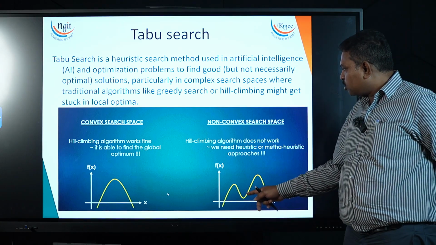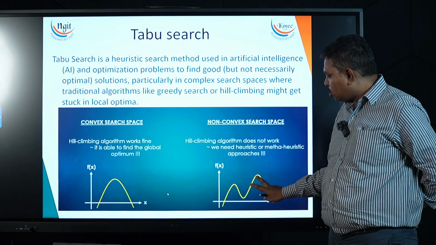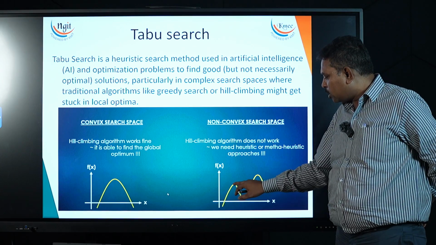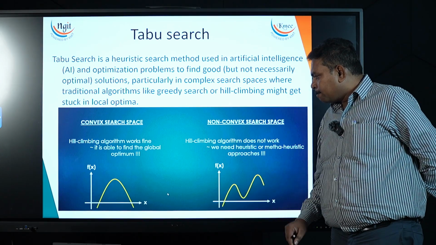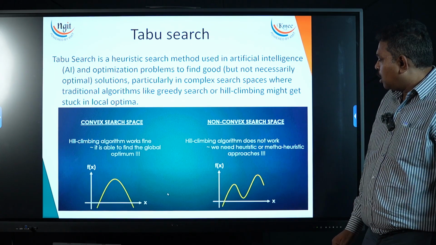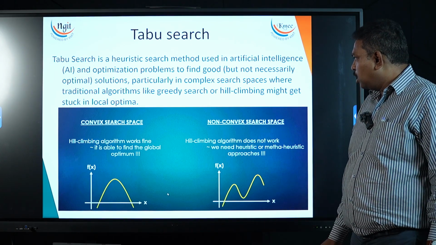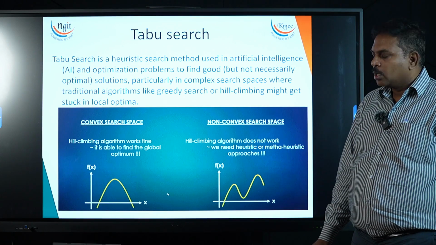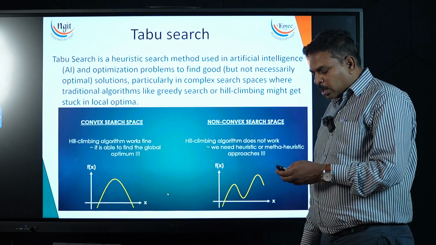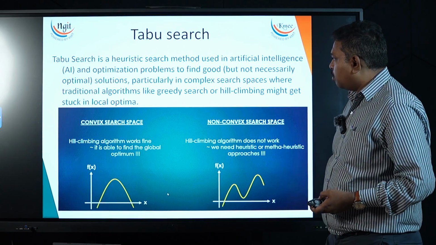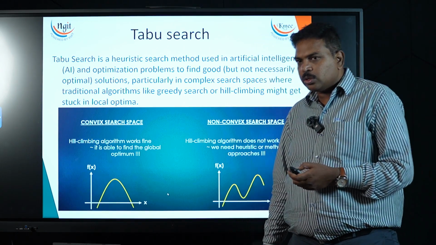But if it is a non-convex shape, there are two hills, where this is a global optima and this is a local optima, and if an algorithm gets stuck at a local optima, then we may not get the best solution in hill climbing. So in such situations where hill climbing might get stuck, we can use tabu search,